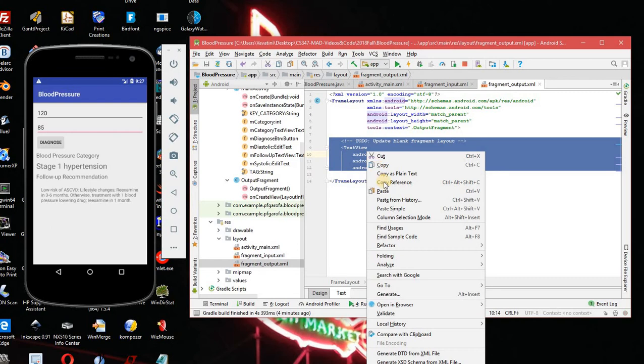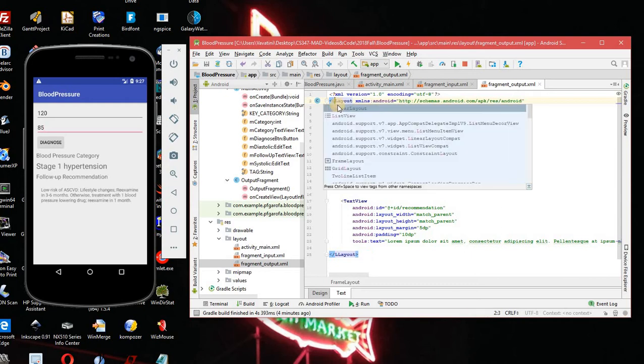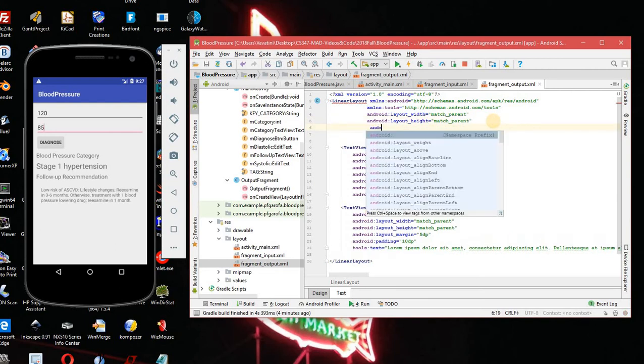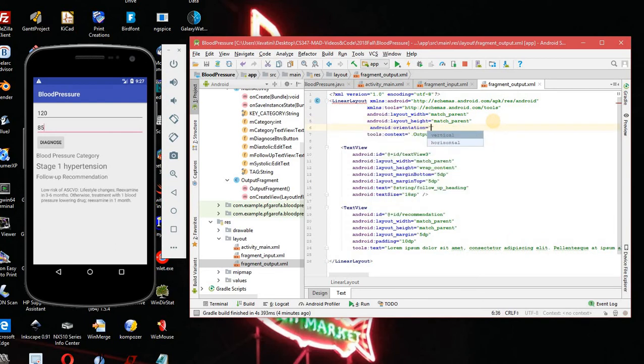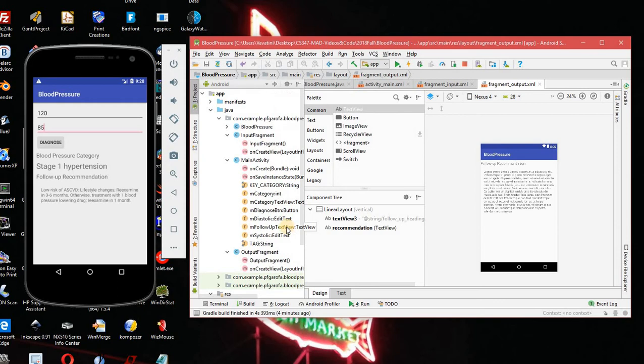Okay, and I'm going to change the layout once again and set its orientation. Great. And so now we have an output fragment that looks like the bottom half of the screen. Okay. Now that we've got the layouts set up,